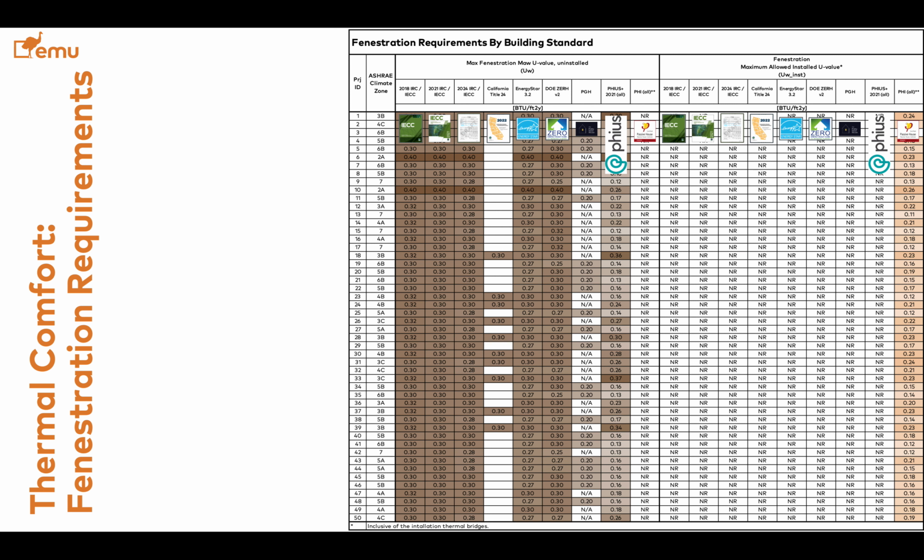This big table shows requirements for fenestration, basically the U value required by different standards. On the left-hand side, the brown cells show the uninstalled requirements that all building standards except PHI have. And on the right-hand side, you see that PHI is the only standard that prescribes an installed value. Difference being that